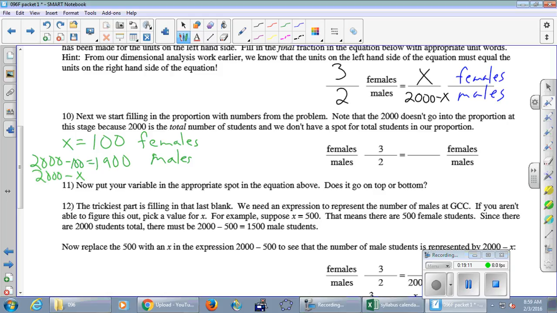Okay, that right there is a proportion. And if we get rid of the unit words, then we just have something that looks an awful lot like the proportion we solved on the previous page. You're going to solve that. You're going to finish this problem by solving it, which is the first thing in the activity today, all right? So we're going to put a pin in this. We got one more brand new thing that we're going to do together, but you'll finish this problem in a little bit.